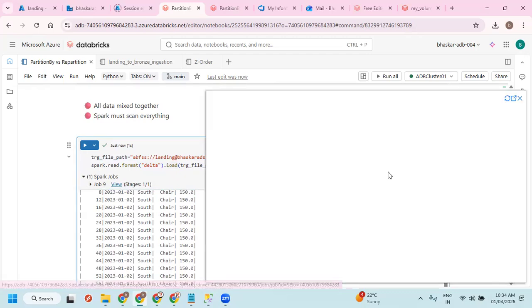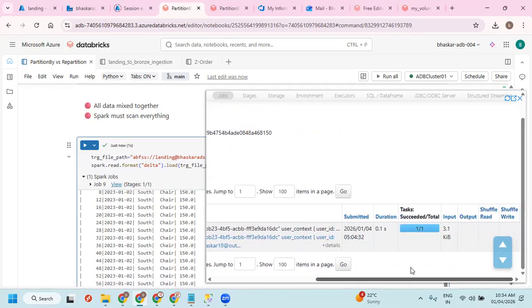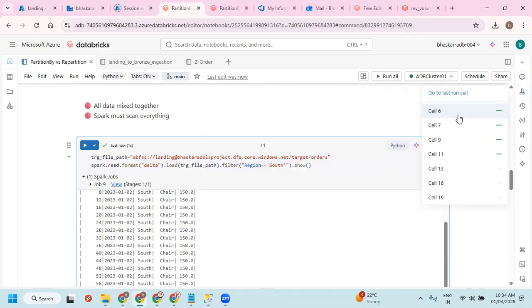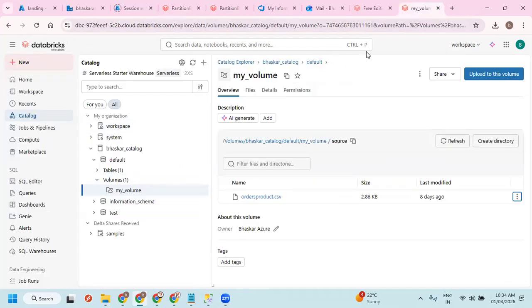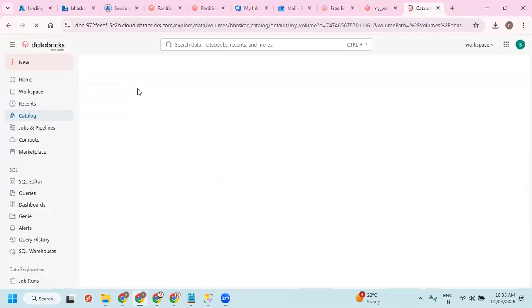Let me hit on it. This is not showing all the details. Basically, if we go with this free edition, the only problem is I cannot show tables here. Let me run the same thing with the free edition also.